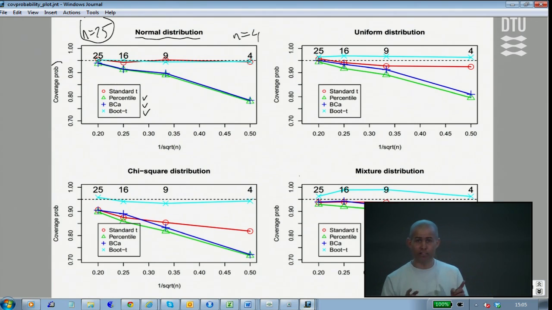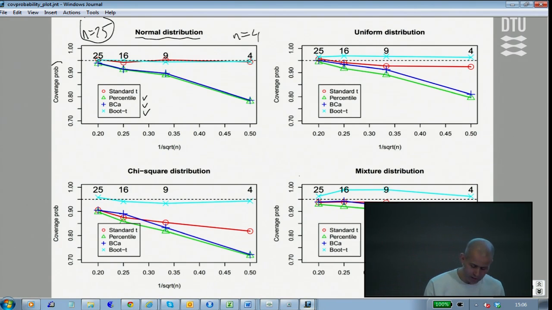For a confidence interval to be a good method, it should include the true value exactly the amount of time expressed by the alpha level. So when I construct 95% confidence intervals, I want the method to include the true value in exactly 95% of the time, not more, not less.